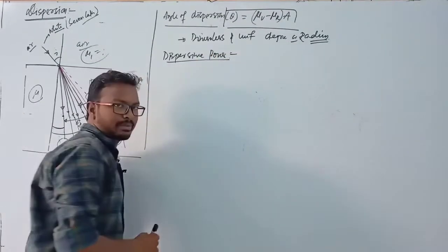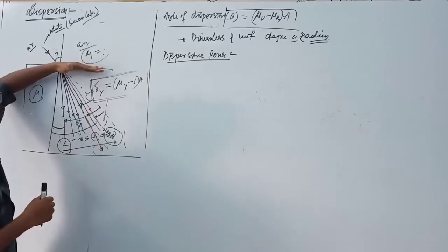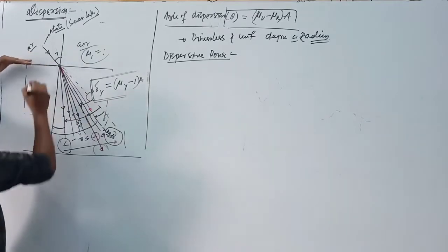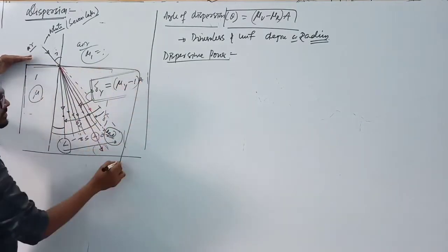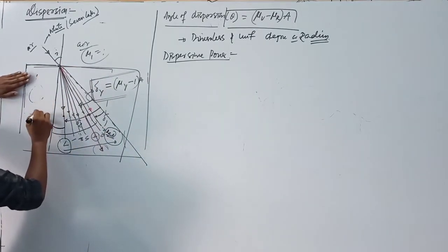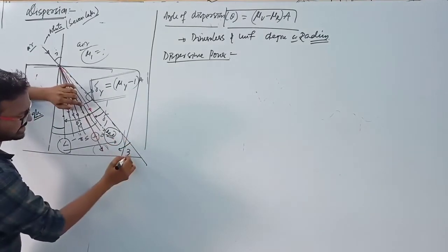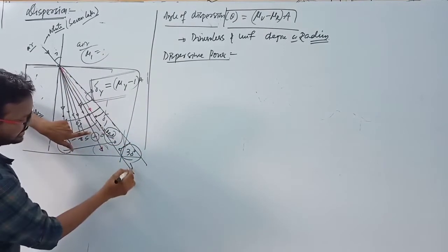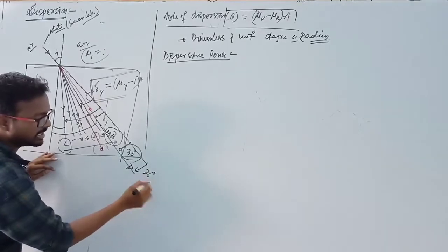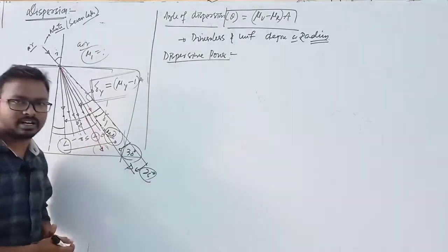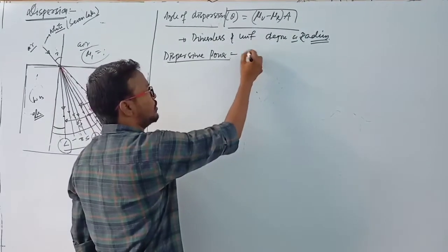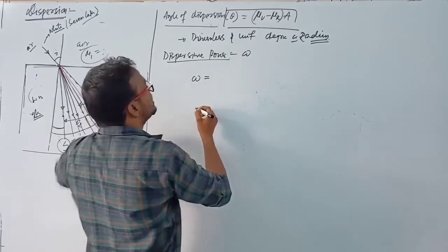So what is dispersive power? It is the ability of a medium to disperse all the wavelengths of light. Suppose this is a medium and this is the actual ray traveling in this direction. Suppose this is a glass medium, and the angle of deviation for red light is 30 degrees. If you take another medium, suppose water, then the angle may be 25 degrees. So it depends on the medium. Clear? Dispersive power is represented by omega, and it is equal to theta by